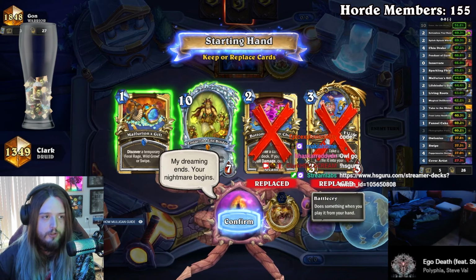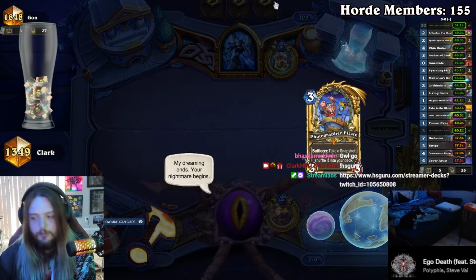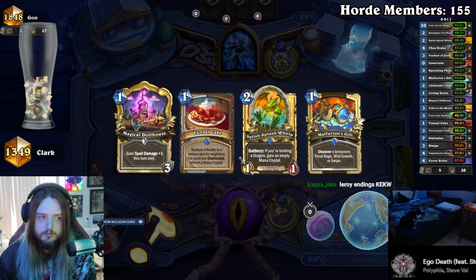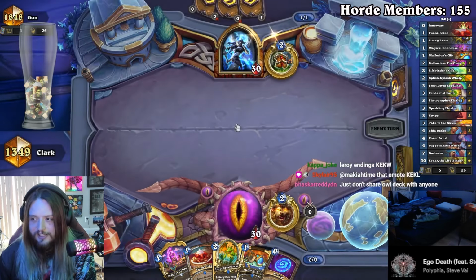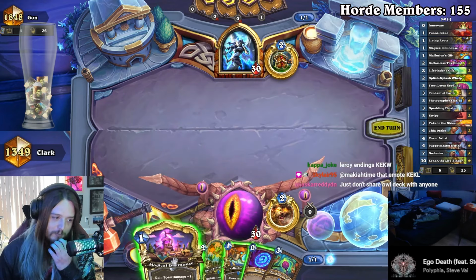Alright, I still feel extremely weird about the Fizzle being in the deck, but trust TicTac when it comes to Owl Druid. He's the only one that knows what he's doing. Leroy endings? Yup. Freaking Leroy. That emote, yeah, I know. I'm very much aware of it, and you could honestly report Micaiah for